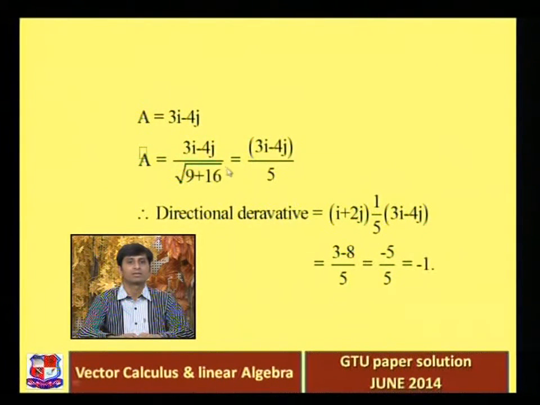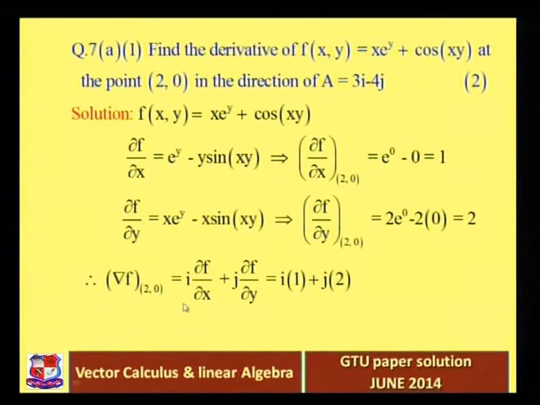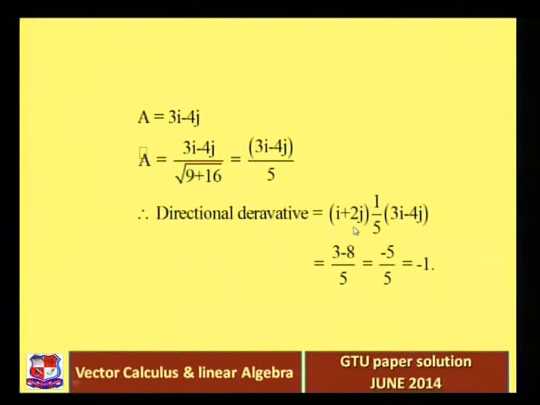Now the directional derivative at the point (2, 0) is (i plus 2j) into (3i minus 4j) by 5. So finally, when we multiply the two brackets, i into i is minus 1 by the multiplication rule, and we get 3i squared, so that is minus 3, and then